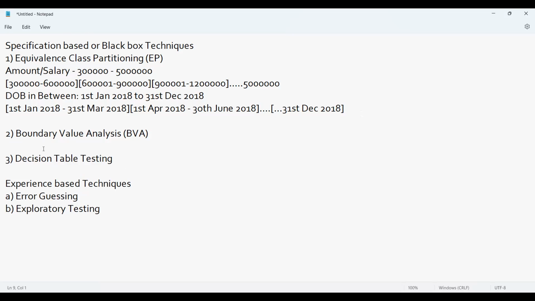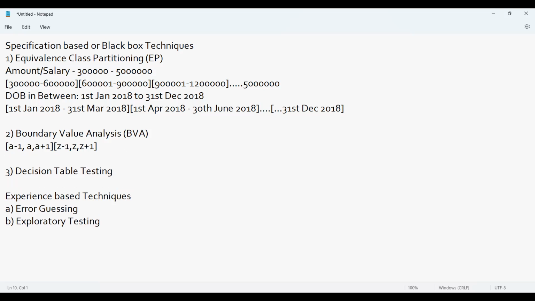Boundary value analysis is done with a formula: a minus 1, a, a plus 1. This is for one end of the range. Then again z minus 1, z, z plus 1. This is what we are going to have. So if this is a and this is z, can we substitute and identify the values? What is a minus 1? If you apply boundary values to these values,